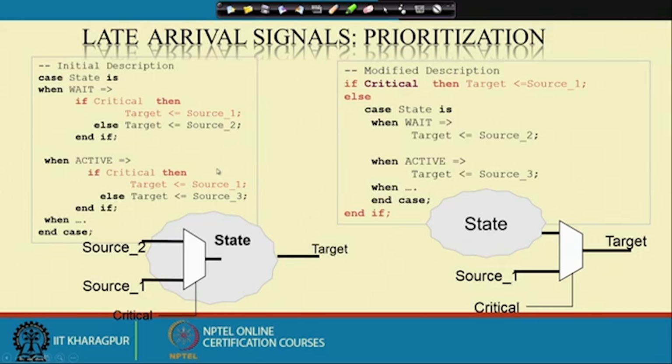Then what is the problem here? In a critical case, I need immediate action to be done. Okay. So, in this algorithm description, what is the problem? It has to check first in which state it is, and then it will check whether the condition is critical or not. So, in the critical case I have to wait for some time to check whether the state is wait state or active state. But instead of that, I can do the modification in such a way that whenever I am getting a critical case,